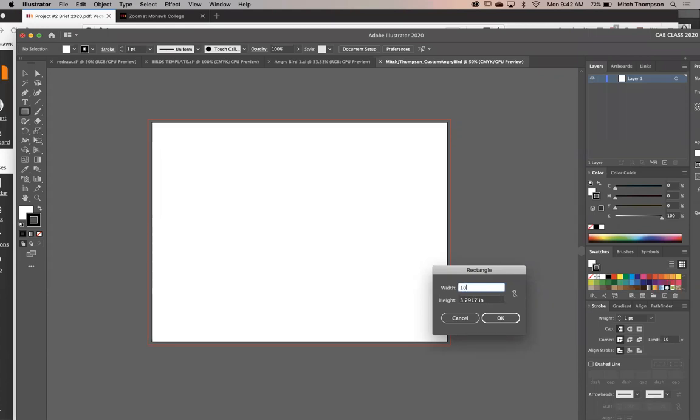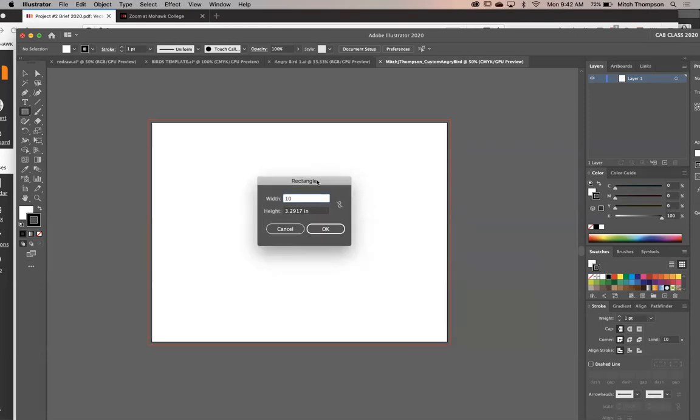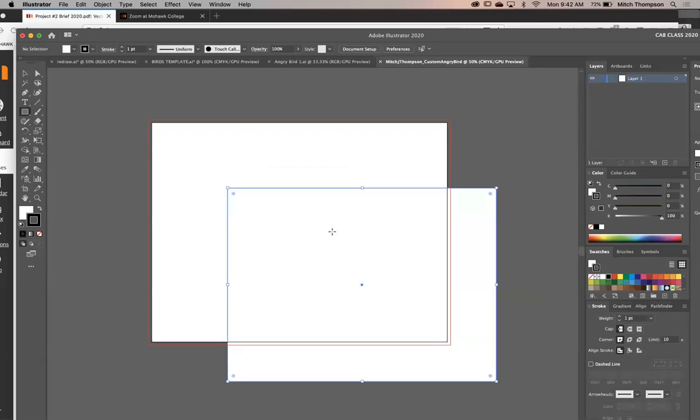In order to get there, just go to the rectangle tool and then click on the artboard anywhere. That'll bring up our rectangle settings, right? So we're going to do a width of 10, and I want to do a height of 7.5, okay? You'll notice that it's exactly 1 inch shorter in height and 1 inch shorter in length. And there's a reason for this. There we go, I just drew a rectangle, yeah? Cool.